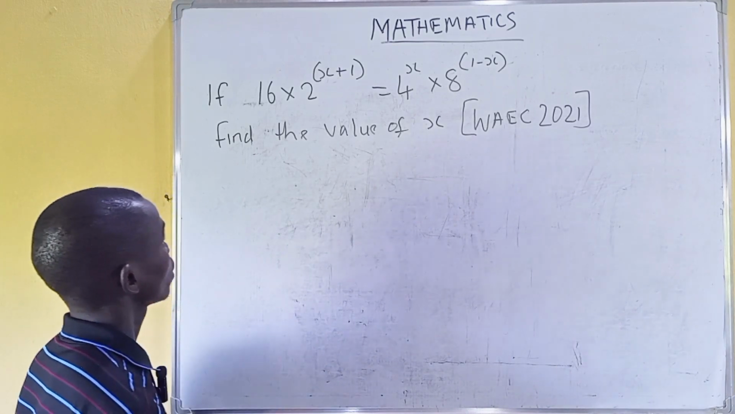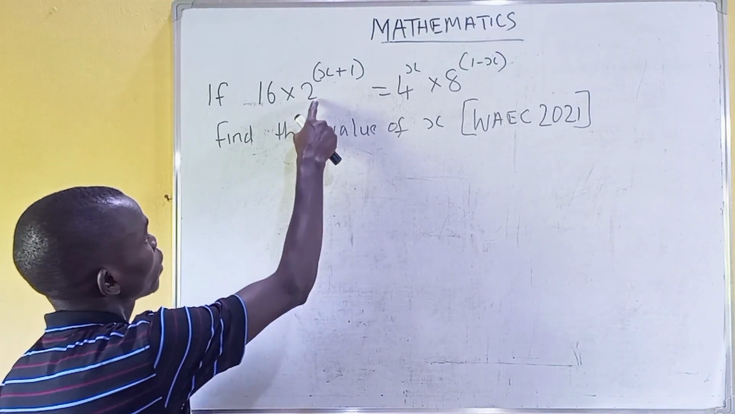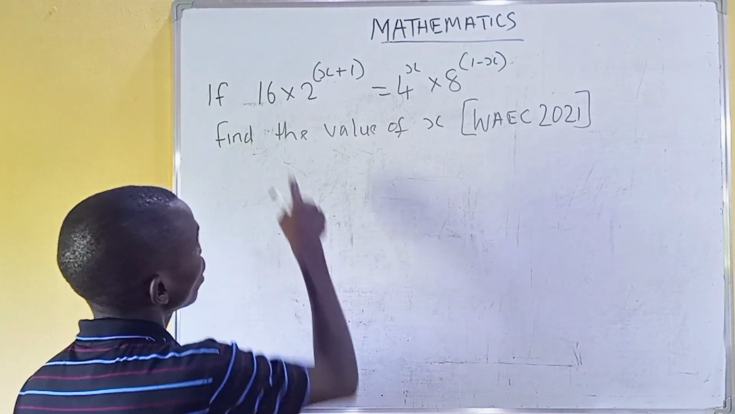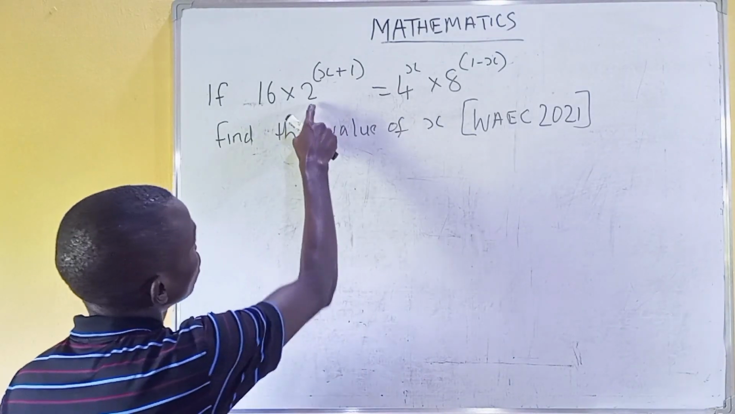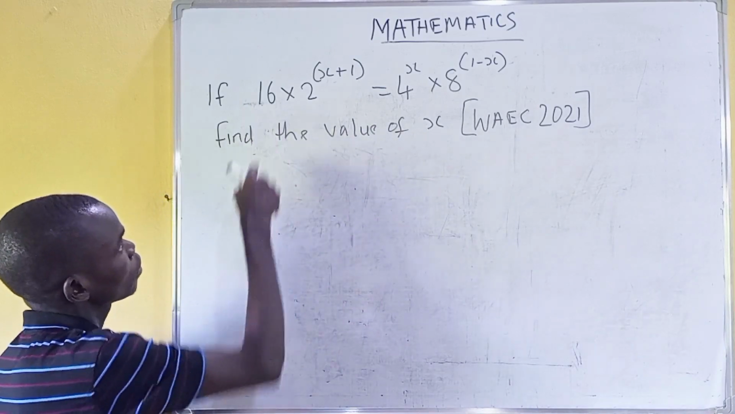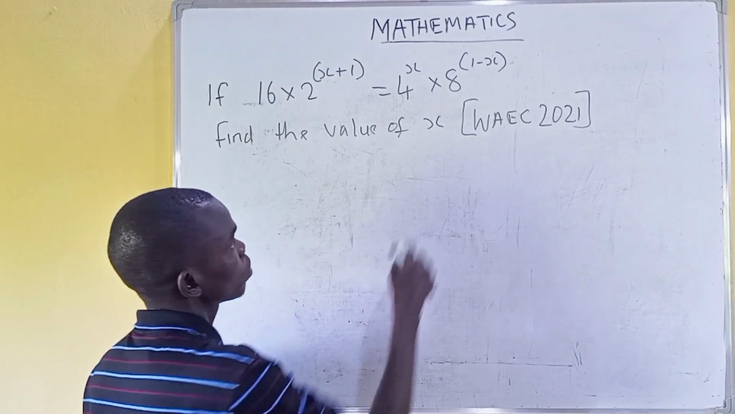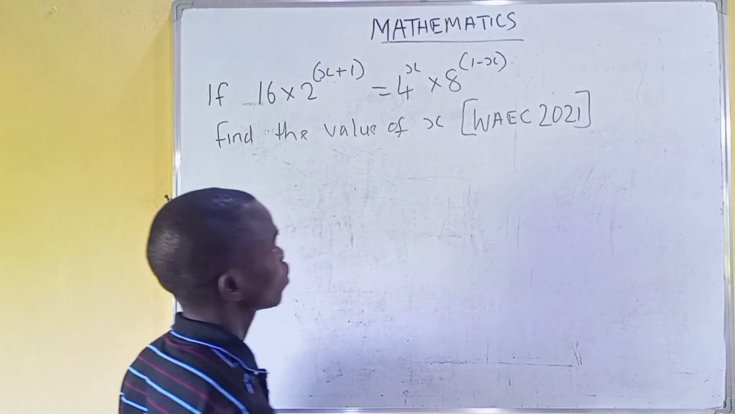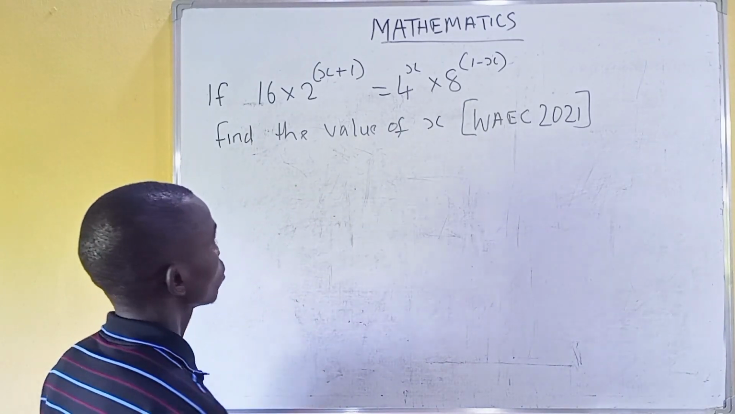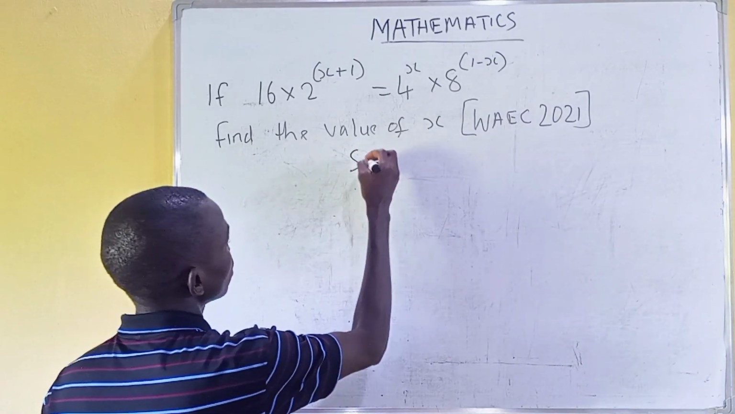If you look at the question now, we have the simplest base, which is 2. And you can make all the bases equal to this 2. And this will now give you 2 raised to the power 4, this 4 will be 2 raised to the power 2, and 8 will give you 2 raised to the power 3. So our solution to this question